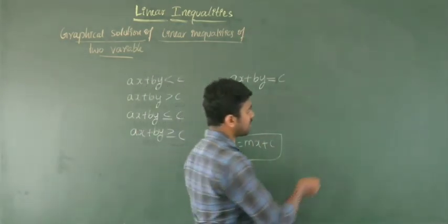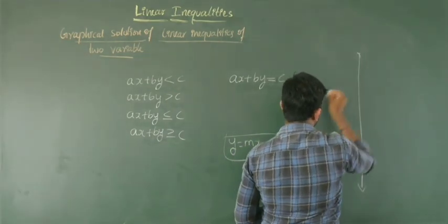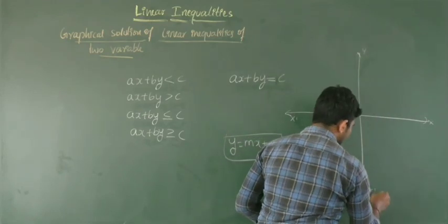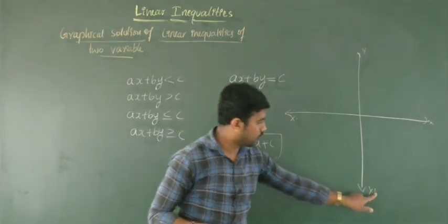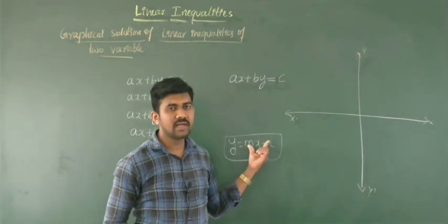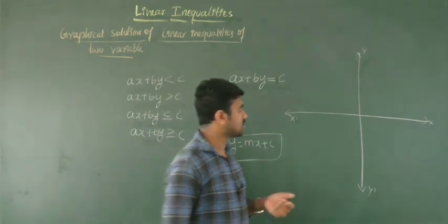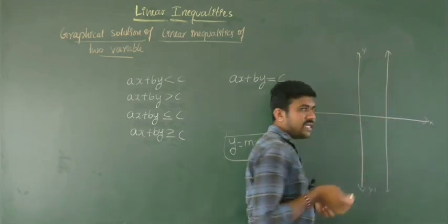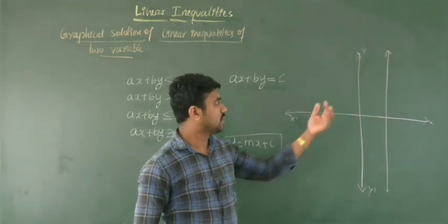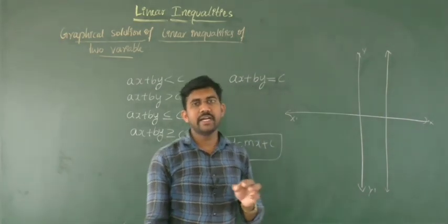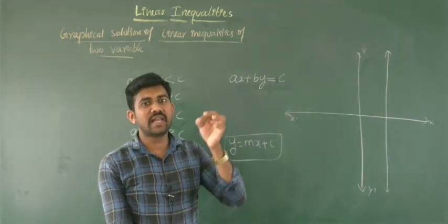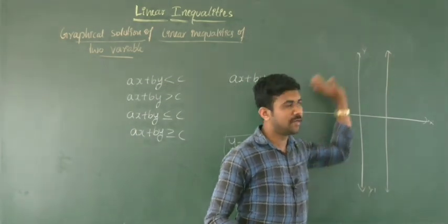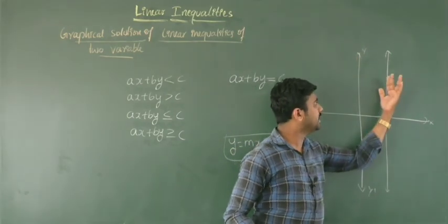So if you consider a two-dimensional plane, you can observe here the axes x dash, y dash. Suppose the graph of this equation is a line, and suppose it is a vertical line. Then we can observe the line divides the plane into two parts. Always, if you have a line on a plane, it divides the plane into two parts. See, you had one complete plane, and now a line divides the plane into two parts.